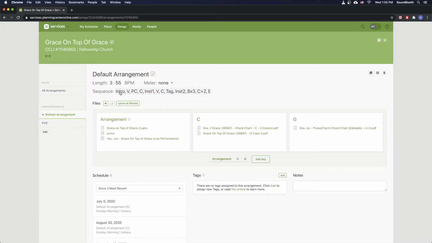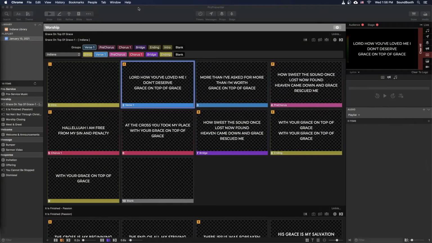And then we can see the sequence here: intro, verse, pre-chorus, chorus, instrumental 1. So I'm going to use this to build the arrangement the best I can, and then I'm going to double check it during practice. Okay, so we're back in ProPresenter, and recall from Planning Center, you may have to check this a couple times,